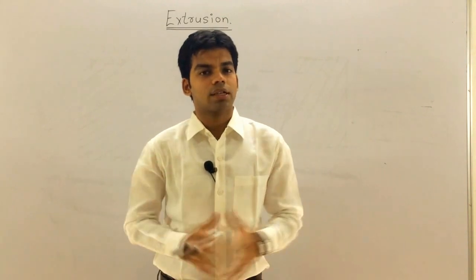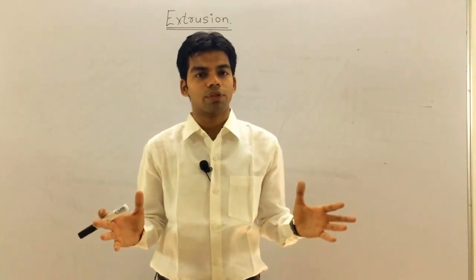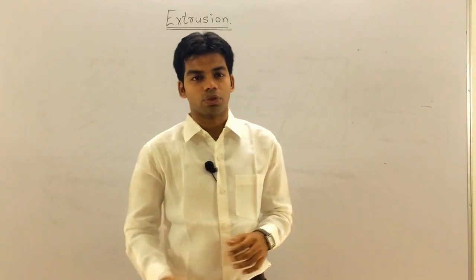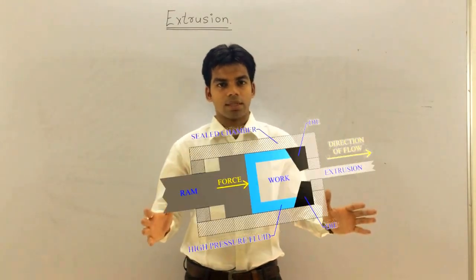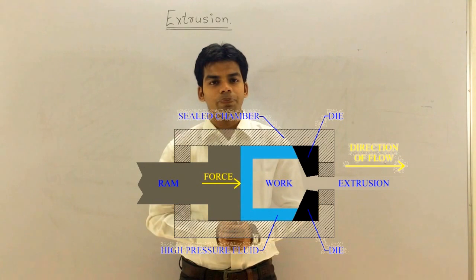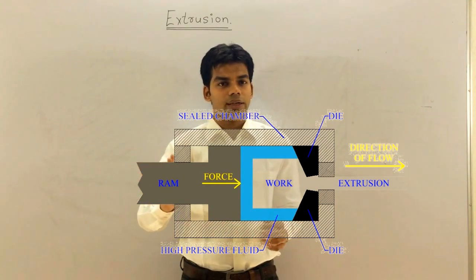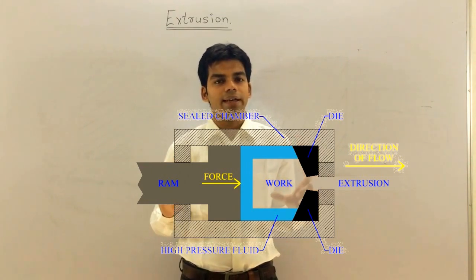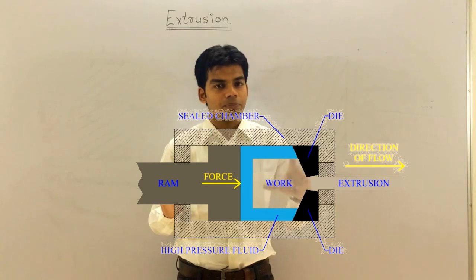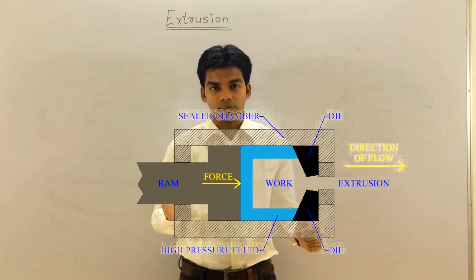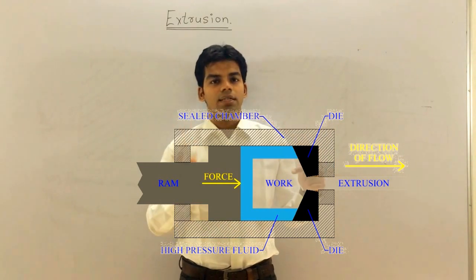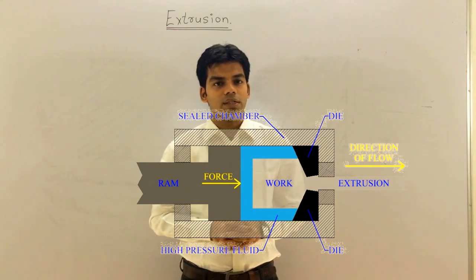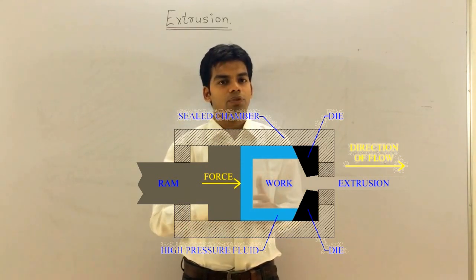Okay, so in this hydrostatic extrusion, we are just removing the friction of the forward extrusion. This is also forward extrusion, but in this case we are removing the friction of the forward extrusion process. You can see here, this is the system of hydrostatic extrusion. When the force is applied through the ram, the ram and the workpiece are not in direct contact with each other, and the workpiece is also not in direct contact with the container. This is the container, this is the workpiece, this is the ram, and the workpiece and the ram or the container are not in direct contact with each other. Instead, they are in contact with the help of a fluid.